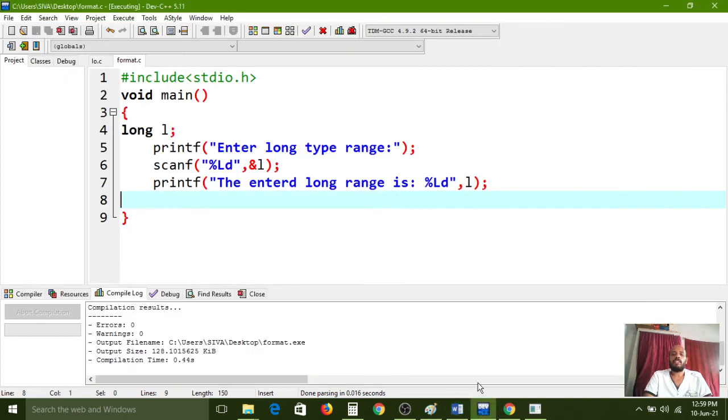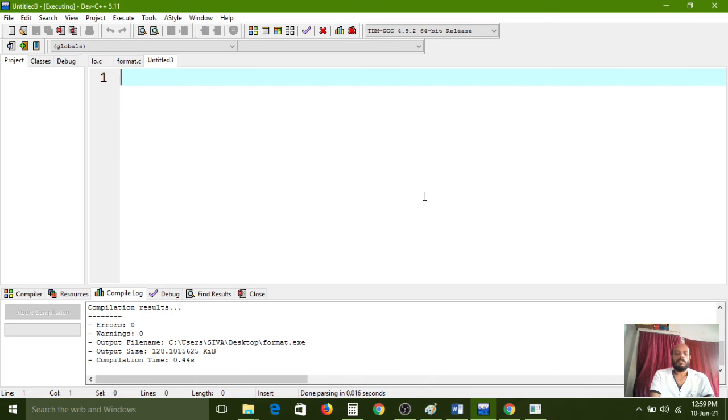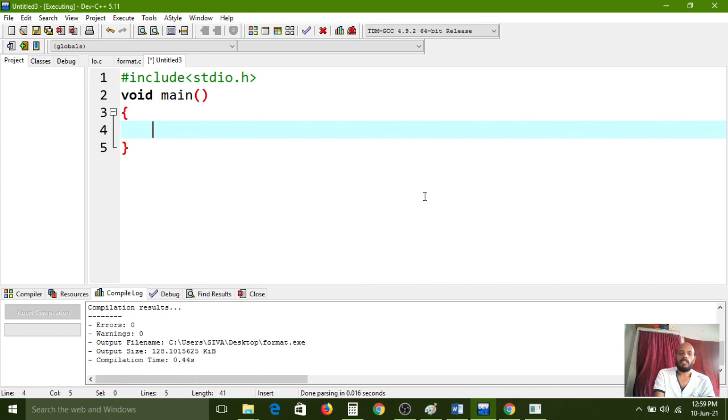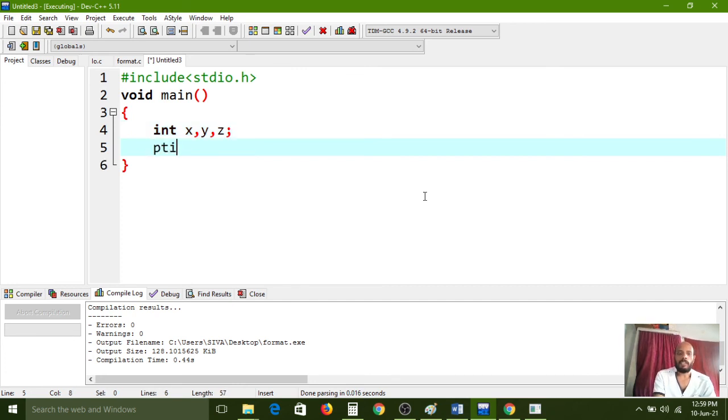Carefully observe here. #include <stdio.h>, void main(), here int x, y, z. Okay, right. Now I am printing.